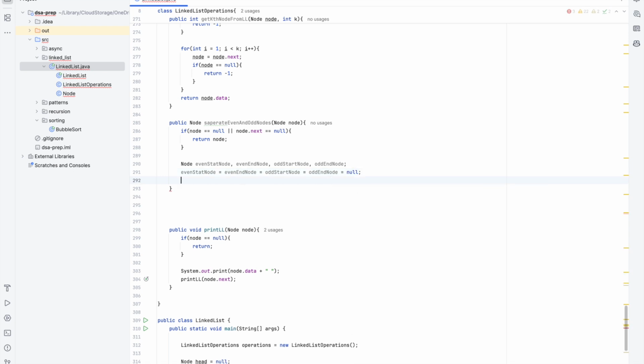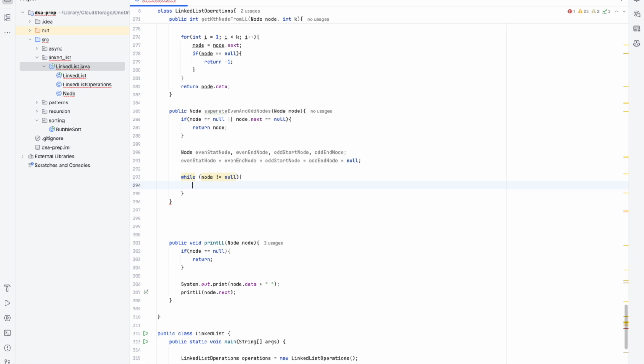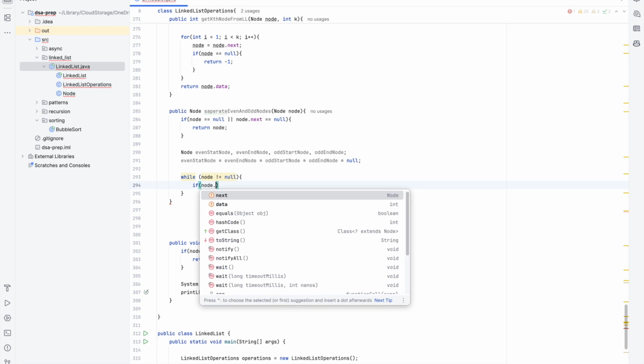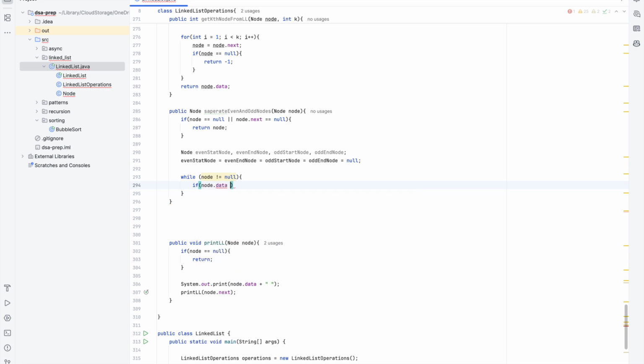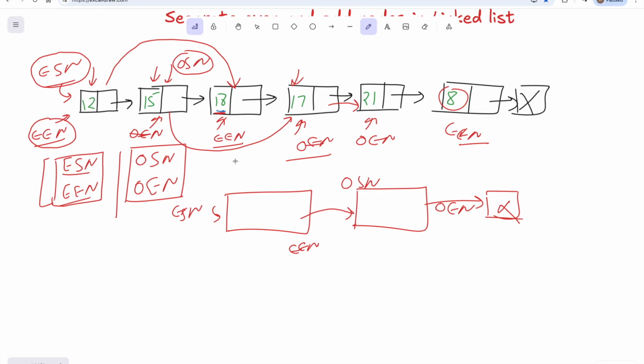Okay, then we'll be running a loop through this particular linked list, and we can run a while loop while your node not equals to null. Inside it, if your node dot data modulus 2 equals to 0, which means the current element of the linked list is an even node.